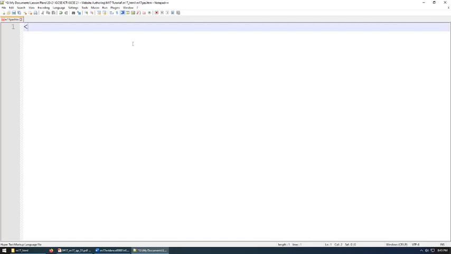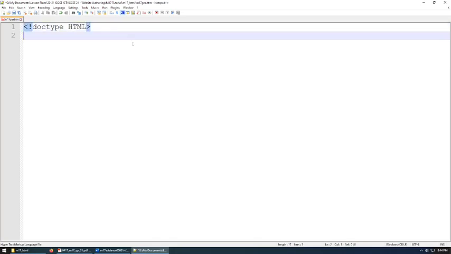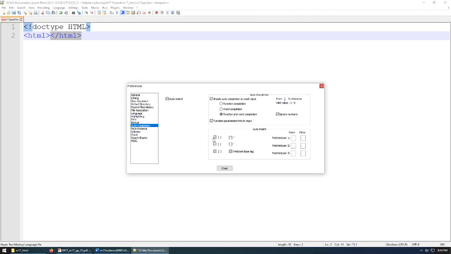Okay, so we're typing in everything that you would normally type in on a web page. So it's called the boilerplate code. We always have doctype HTML. We always have HTML as a tag. What you may not have, especially if you've just installed Notepad++, is when I type HTML, let me do it again, and when I finish that right arrow bracket, it automatically puts the closing tag in for me, which is really nice. If you would like that as well, go to Settings, Preferences, and Autocomplete,